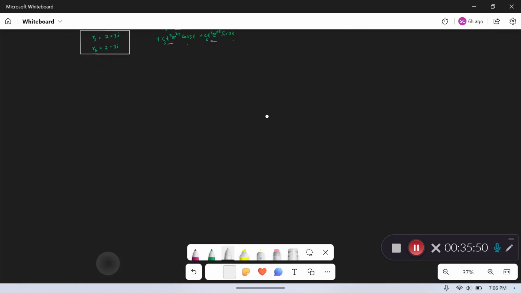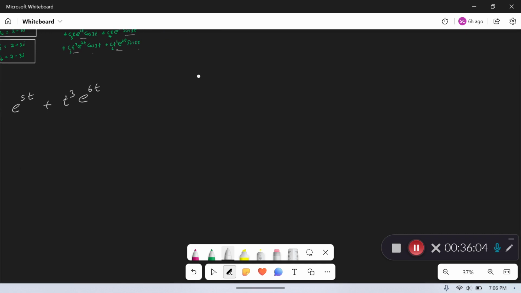Combining everything together, what if I write something like, let's say, e to the power 5t plus t^3 e to the power 6t, and then plus cos 5t plus sin 6t plus t squared sin 7t plus t squared